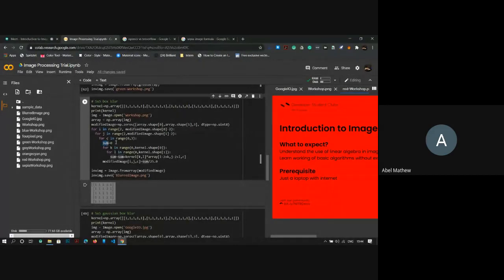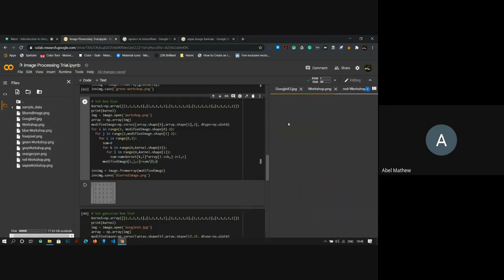For the new pixel, I'm using a value sum initialized as 0, and then I'm using the kernel and doing multiplication. It's basic, not matrix multiplication. I'm multiplying the values individually and adding them to the sum, and after the for loop, dividing by 25, because that's the value of the sum for this normalization. If things go well, this should show something to us, because I've run the code.